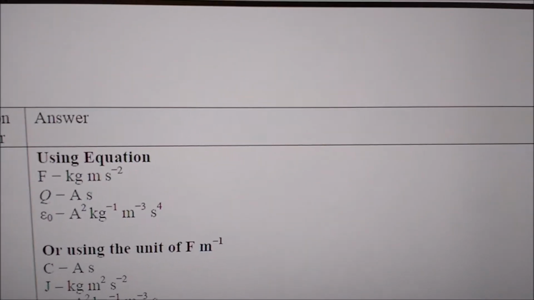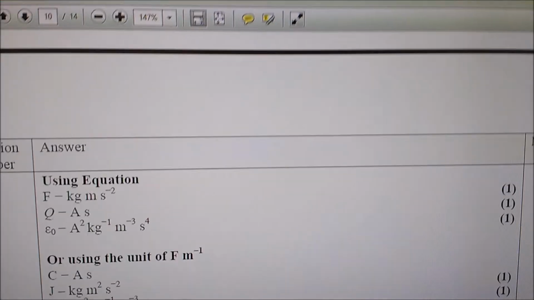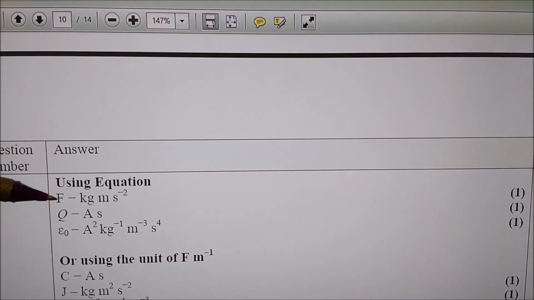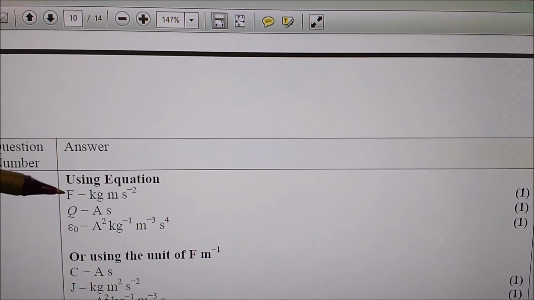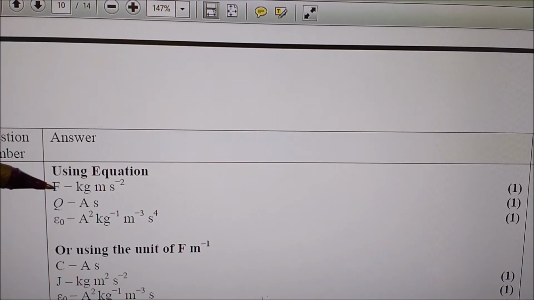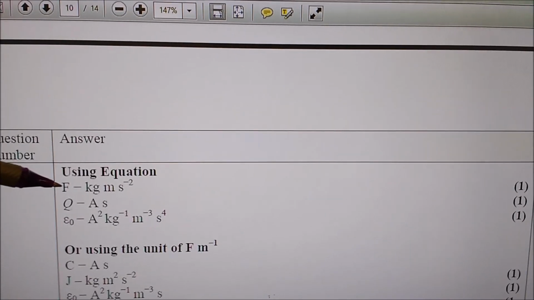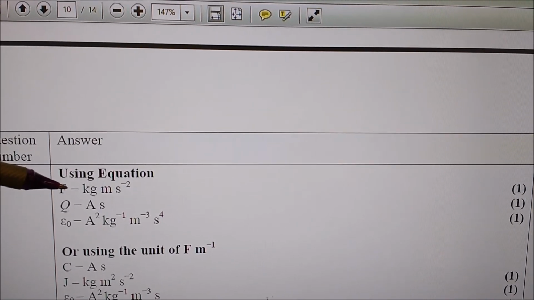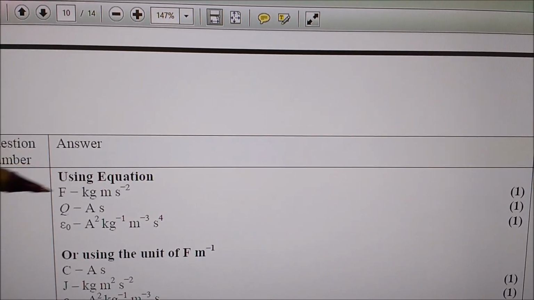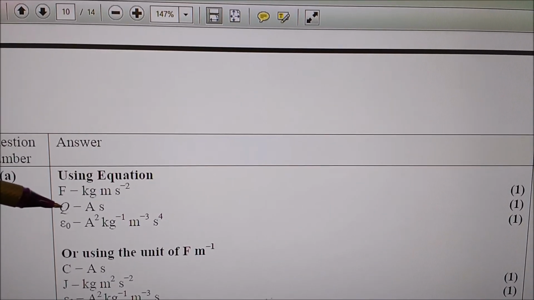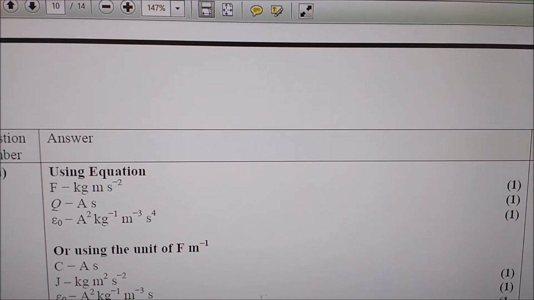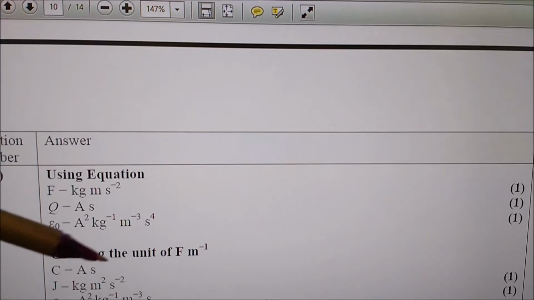So if you look on the mark scheme there, it's 1 mark for separately writing the equation. It can't be implied, it needs to be a separate statement. 1 mark for showing that the Newton is equivalent to kilogram meters per second squared. 1 mark for showing that the coulomb is equivalent to the amp second, and then 1 mark there for the